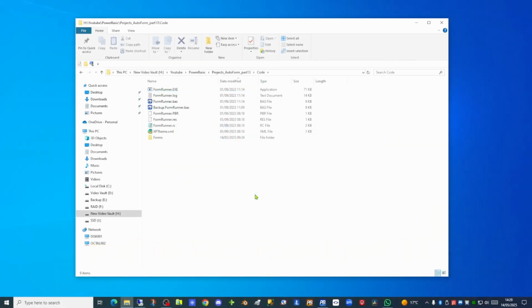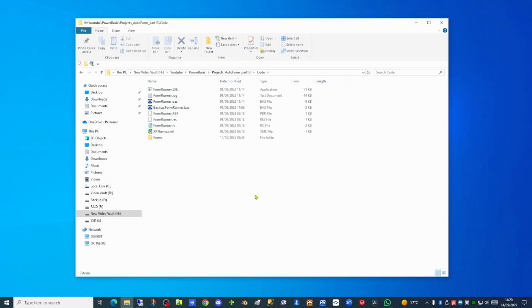We haven't released a video on the auto forms project for nearly a year. But I have discovered there's one bug and one extra bit of functionality we can fit into this project. But first, I'll give an overview of the project, as it has been some time since you've seen one of